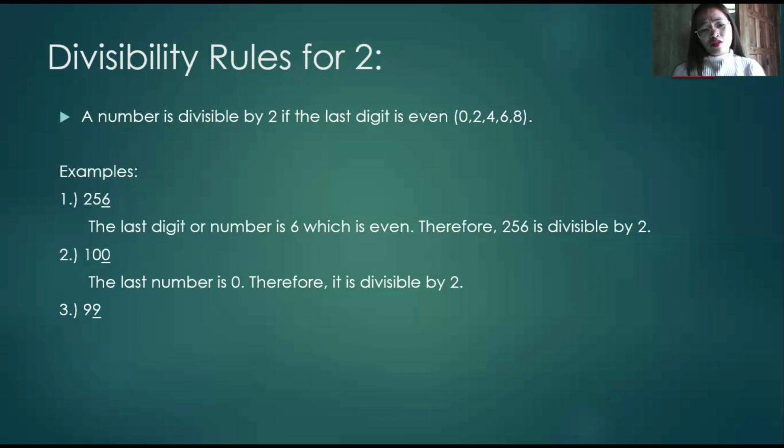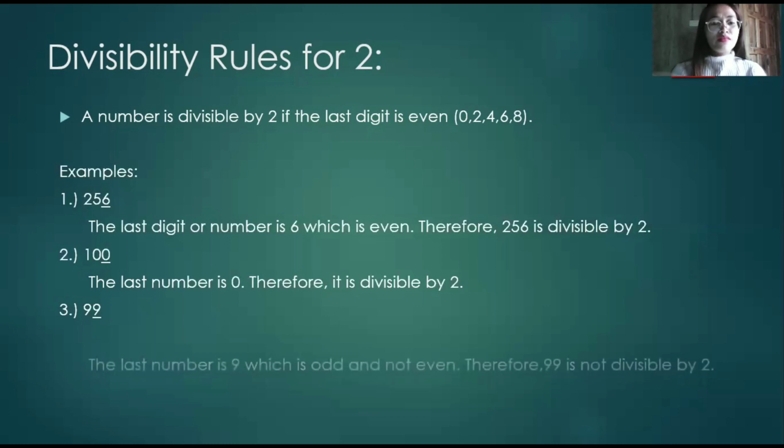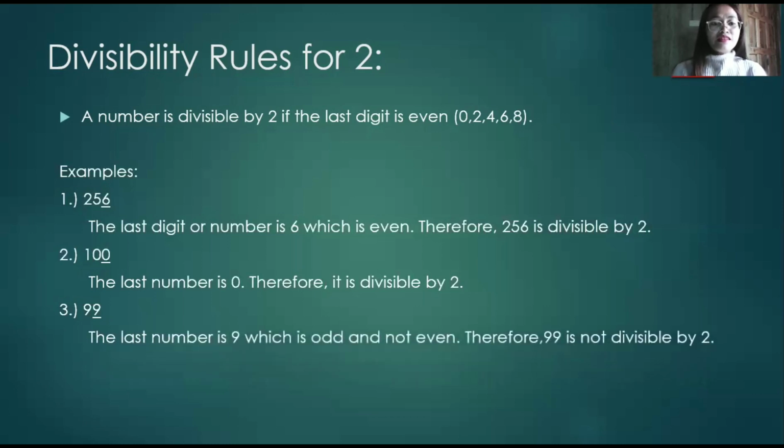99. So the last number is 9. So let us recall the rule of divisibility rule number 2. It states that a number is only divisible by 2 if the last digit is even, or 0, 2, 4, 6, and 8. Since the given number is 99 and the last number is 9, which is also an